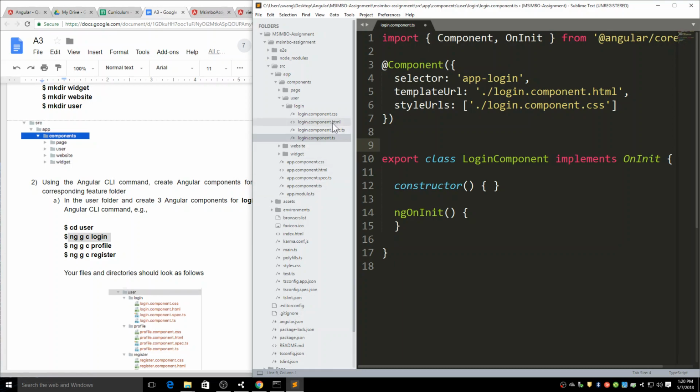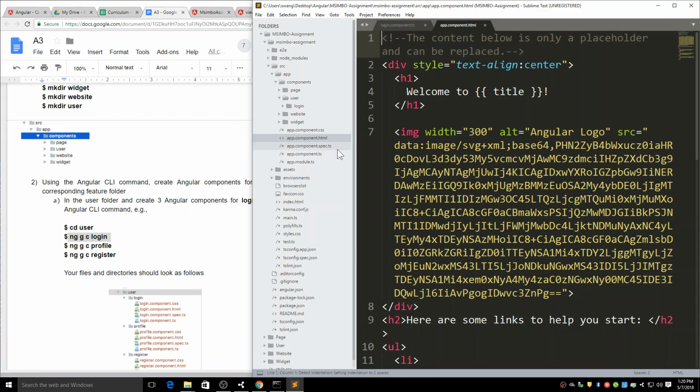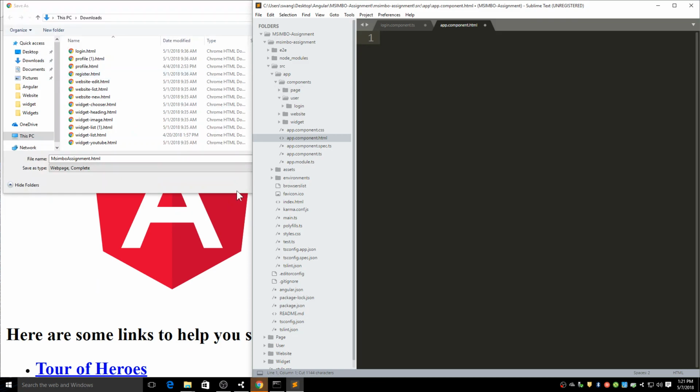So remember, our index HTML is connected with app root, which is app component.html, which is this page, right? This page is going to be our root component. Any other pages, like a login component, will connect to app root, and app root will communicate with index.html. For example, if I delete everything I have here and save it,